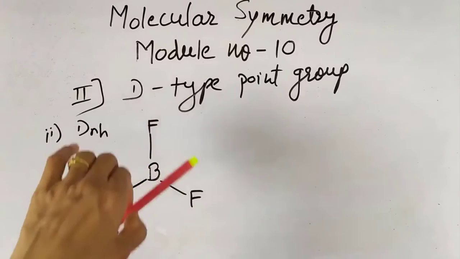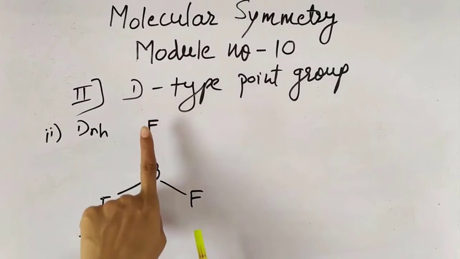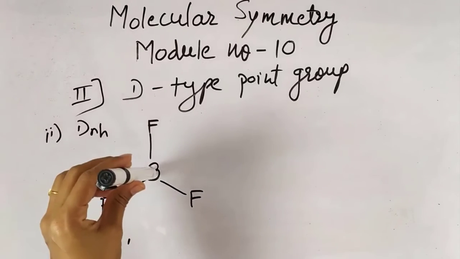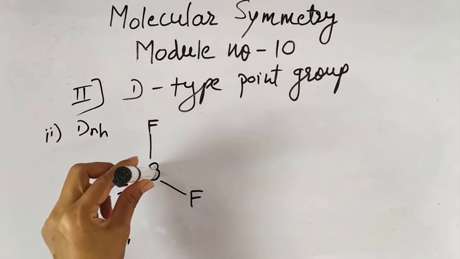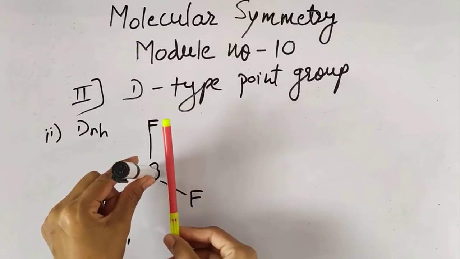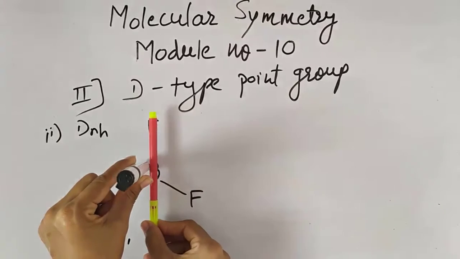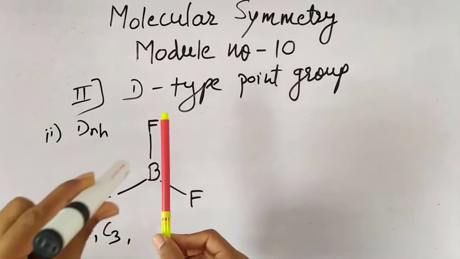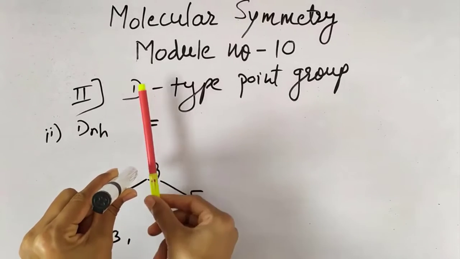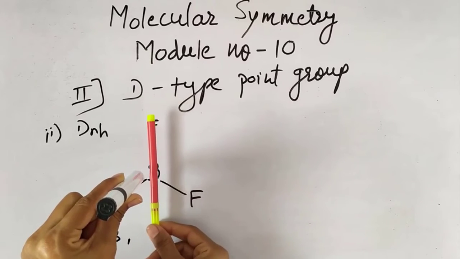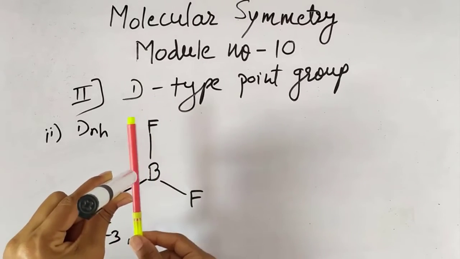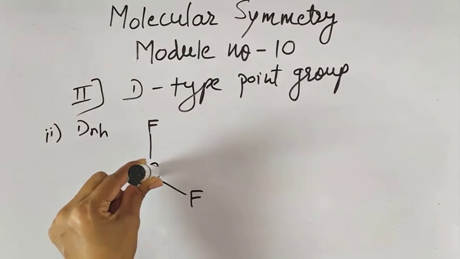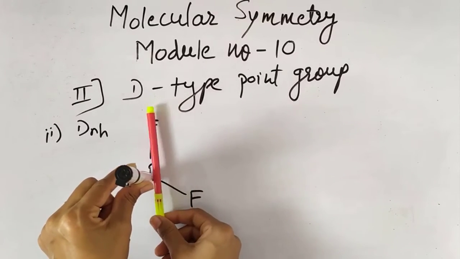Now we have to check the presence of this C2 axis with respect to the principal axis. How have we passed the principal axis? Like this. And how are we passing the subsidiary axis? It is like this. So what is the angle between these two? This is penetrating through the molecule and this is in between the molecule. What is the nature between these two? Principal axis and subsidiary axis, they are perpendicular to each other.